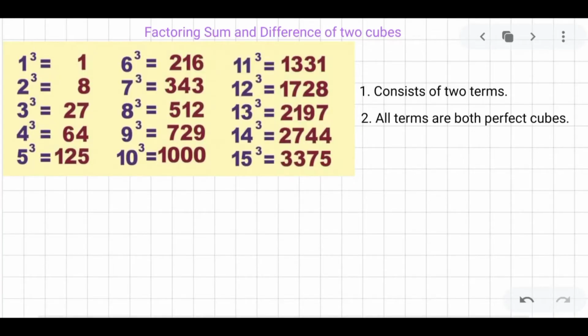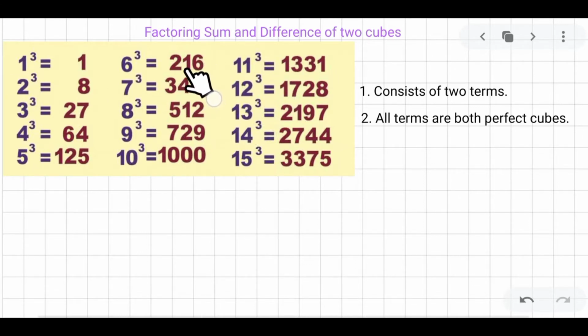Okay, so our topic for today is all about factoring sum and difference of two cubes, which is also the continuation of our topic last time, which is factoring. This is the third topic about factoring. Okay, so as you can see here,